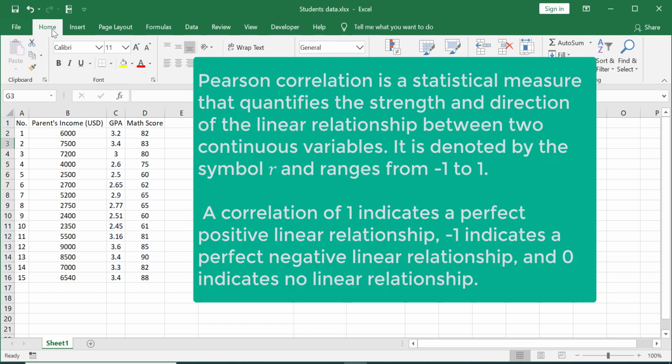Pearson correlation is a statistical measurement that quantifies the strength and direction of the linear relationship between two continuous variables. It is denoted by the symbol R and ranges from -1 to 1. A correlation of 1 indicates a perfect positive linear relationship, and -1 indicates a perfect negative linear relationship, and 0